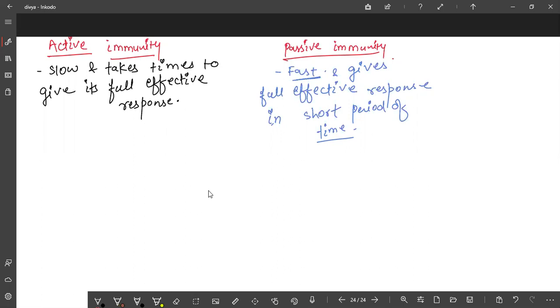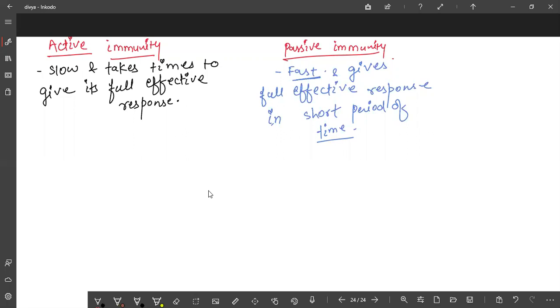Natural, because the coronavirus is naturally infecting the person. And what about artificial? There is the COVID vaccine, the coronavirus vaccine. Some strains or some parts of the coronavirus are injected into the patient, and as a result the person will start producing antibodies. So it is not through natural infection, it is through the vaccine. If our body produces antibody through a vaccine, then it is artificial. And if our body produces antibody through natural infection, then it is called natural active immunity. Is it clear to you?